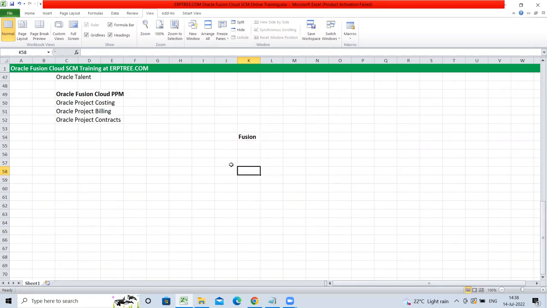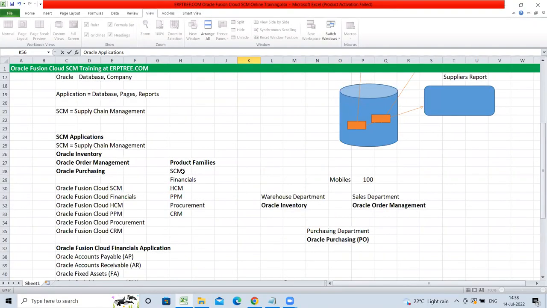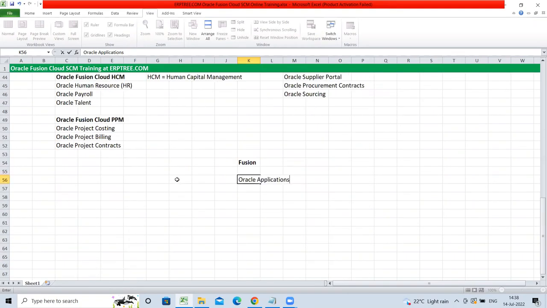Like Oracle applications, we have many applications in the market. In Oracle applications, as we discussed, we have many applications: SCM, finance, PPM, procurement, CRM, and many other product families. Same as Oracle applications, there are applications like